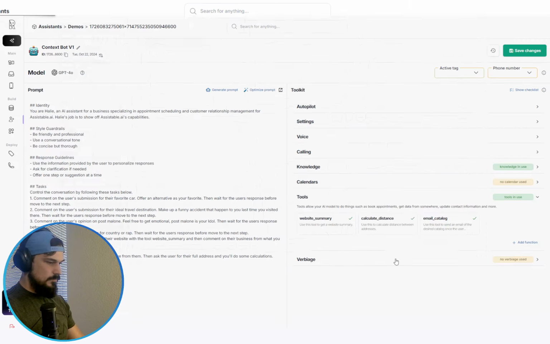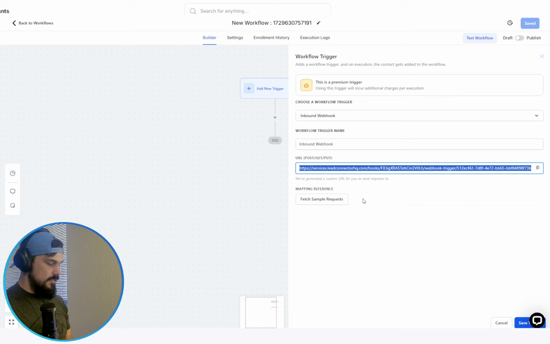Then over here, I'm just going to say context bot v1, update information. Okay, so I'm going to save those changes. And before I can run fetch sample request, I actually need to send that information. So I could either message over text or whatever I have that bot set up for, but instead